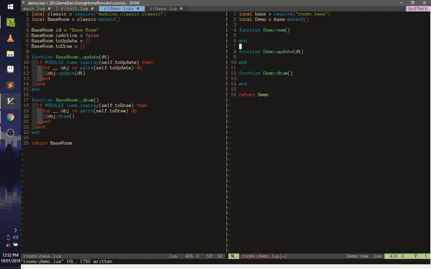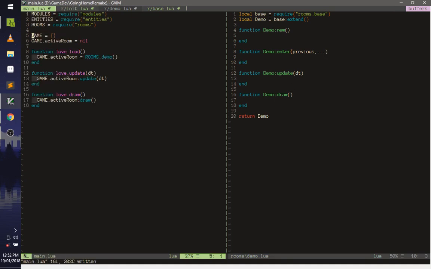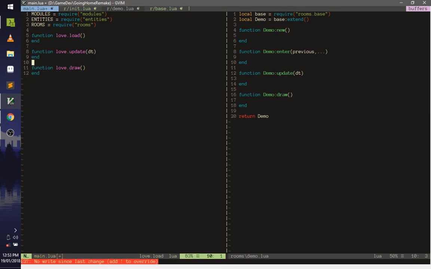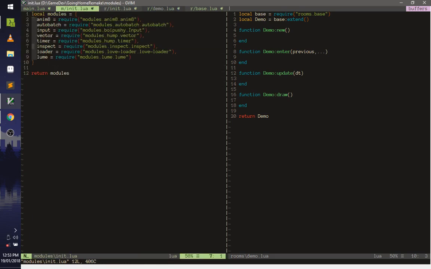Yeah, this is very similar to hump game states. So instead of taking our time in making such a thing, why don't we just use that, right? So this will save us a lot of time. So let's